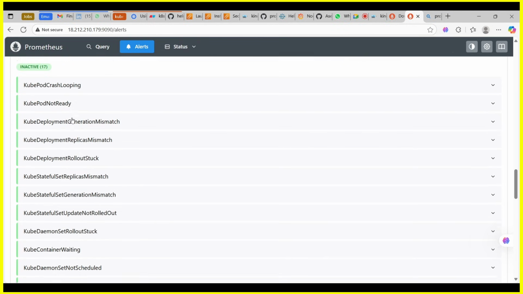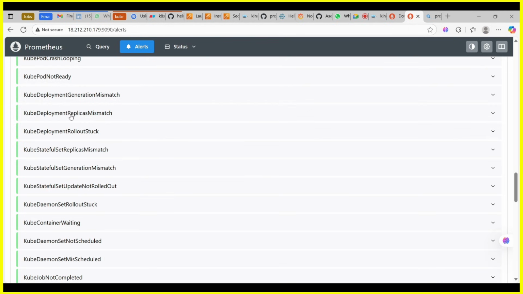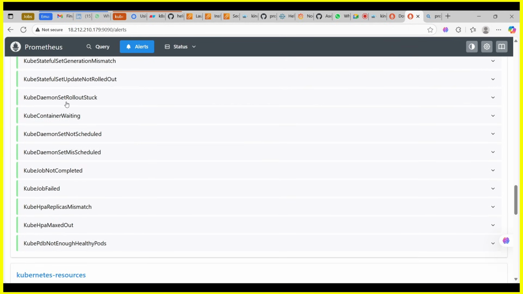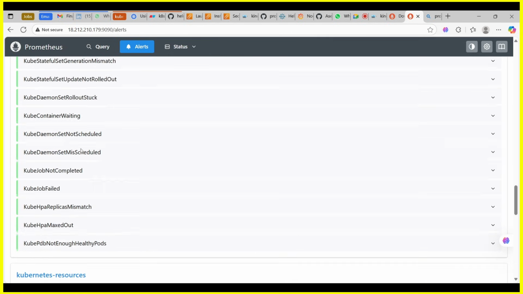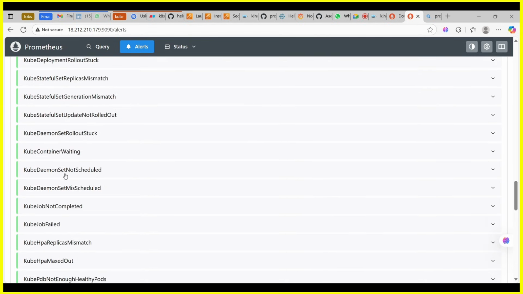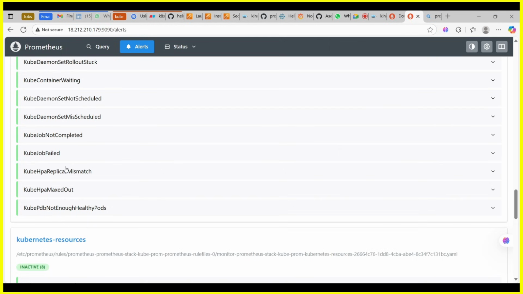If a pod is not ready, we will receive a deployment generation mismatch. That also we can have. We can monitor the replica set. We can monitor waiting containers and daemon sets not scheduled. Why is it not scheduled? Because our nodes might be tainted, right? Or we have given a wrong annotation. So it can be any cause of errors, but everything we can monitor with Kubernetes in collaboration with